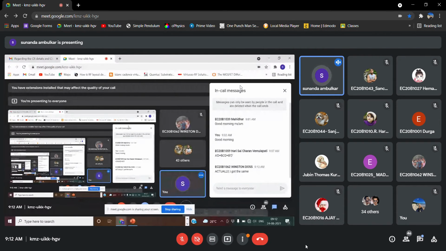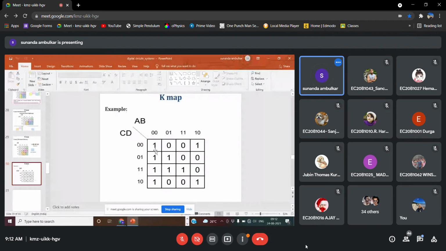So we'll see what the possibilities are. This one, I said that we can rotate, so that will form the adjacent groups. Why can we rotate? Because while grouping adjacent ones, there should be only one variable change, so that we can take the common things which are not changing.